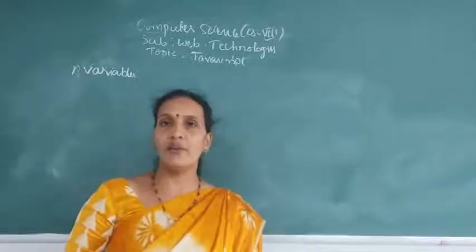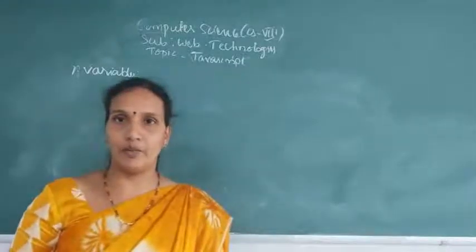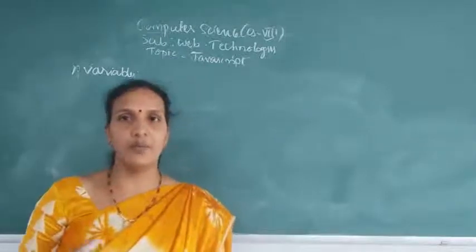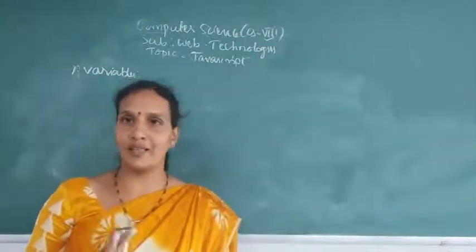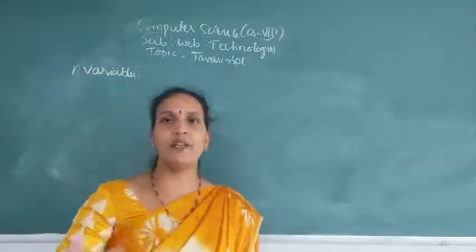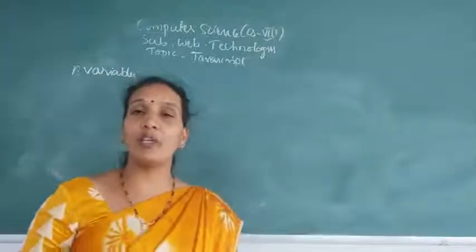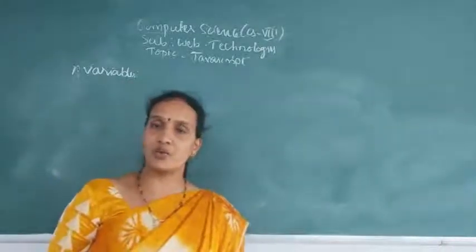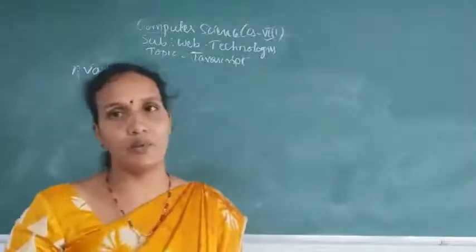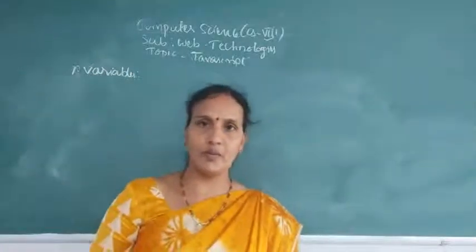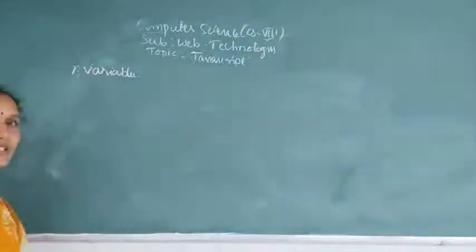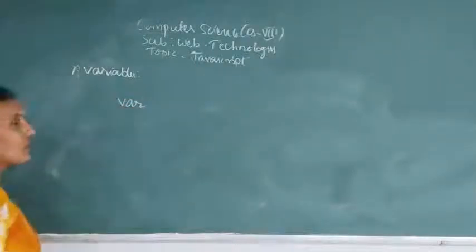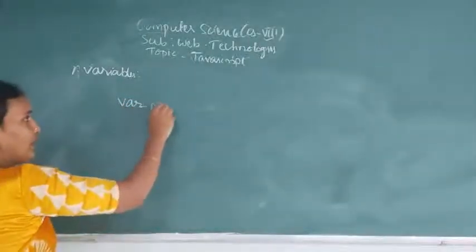Okay, so when we discuss a variable, you need to learn only two things: how to declare and how to print. How to declare, how to initialize, is one point, and how to print that. Okay, so what methods are available to declare a variable? Variables are storage units. If you want to store anything inside the system, then we need a variable. So to declare a variable, in JavaScript we have a keyword called var.